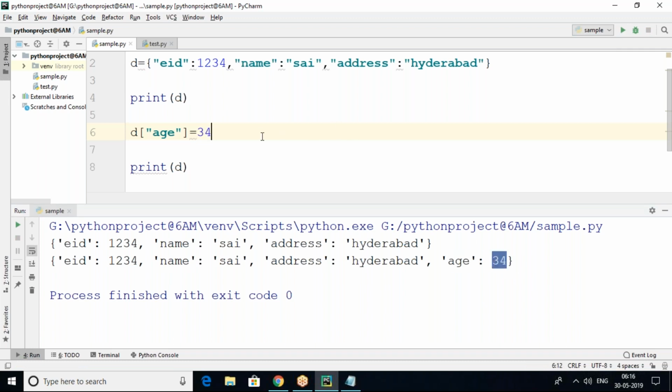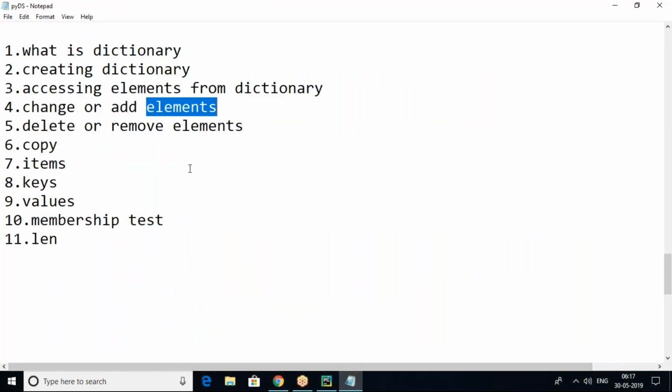So what you understand is, if the key is there, the value gets updated in the dictionary. If the key is not present, then that key value pair is added to the dictionary. That is d of age equal to 34. Age is not present, but it is going to be added. It is added successfully. This is changing or adding elements in the dictionary.